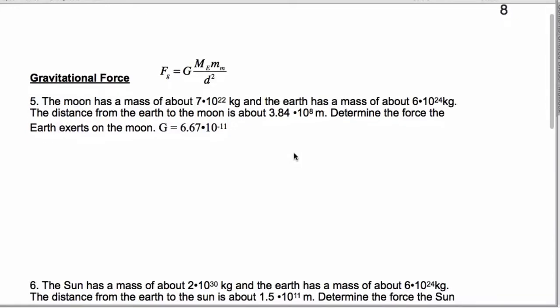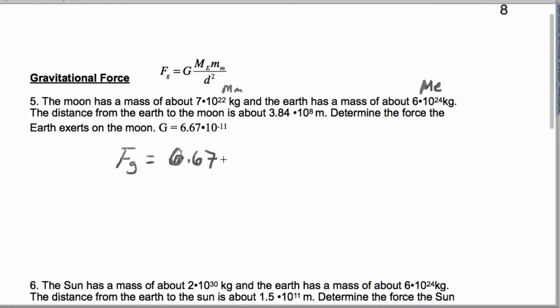I wanted to make sure I did the gravitational force problems here just to give you a little bit of an idea of how they work. So, we have the moon, we have the earth, and we want the force between them. I would call this the mass of the moon, I would call this the mass of the earth, and we can actually go ahead and calculate the force of gravity here as G, which is